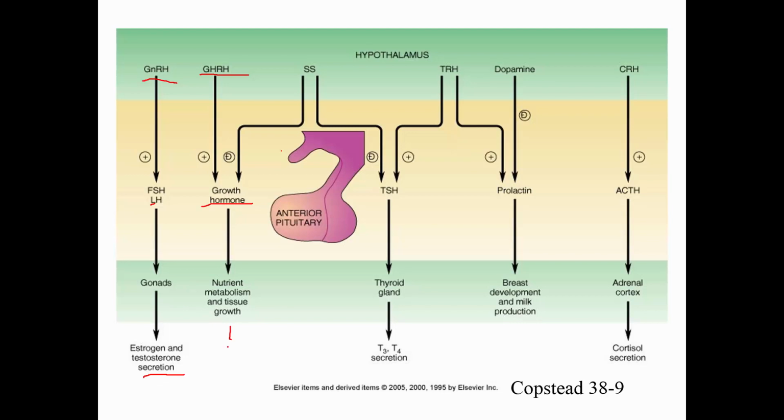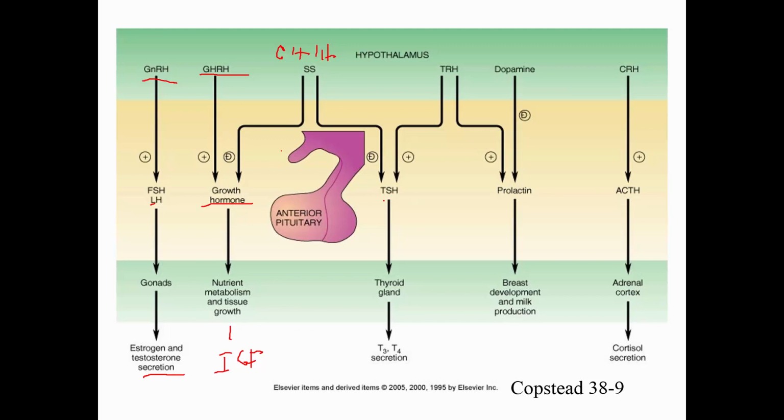It's also going to go to various tissues, and we're going to get a hormone called IGF. IGF is a mitogen. It's going to cause cells to divide, and certainly cell division and cell growth is an aspect of growth. Growth hormone is a little more complicated because it has an inhibitory hormone. Some people call this growth hormone inhibiting hormone. It's also called somatostatin. This goes into the blood and inhibits growth hormone.